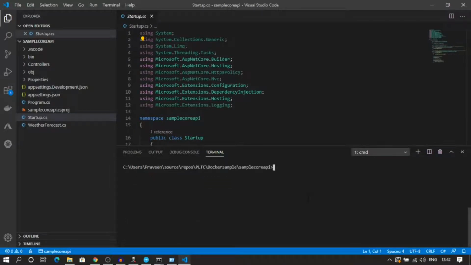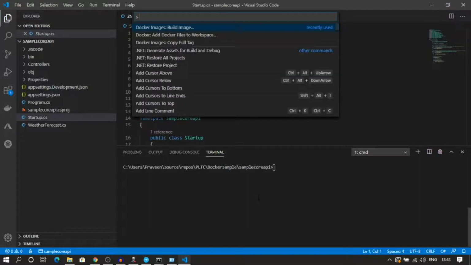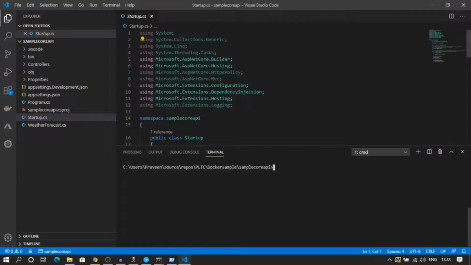Okay, so now what I'll do, I'll simply press Control Shift and P. So you can see I'm getting this Docker Images: Build Image, Add Docker Files to Workspace. So this is coming because I have my plugin available with me, the Docker plugin.